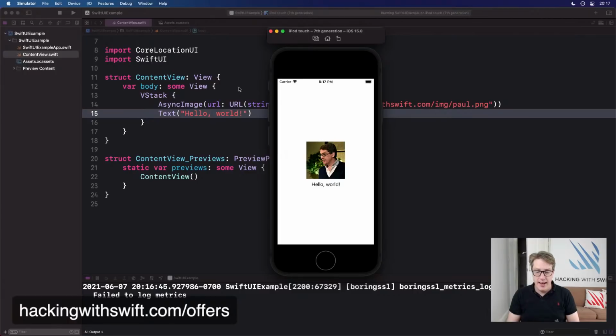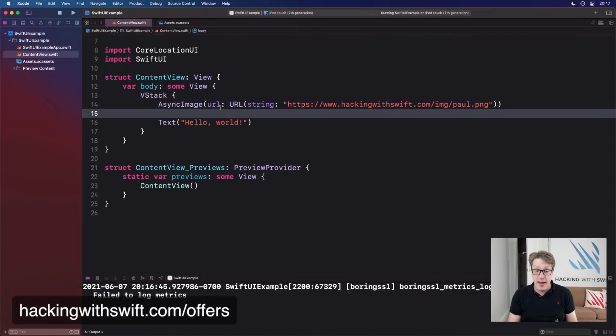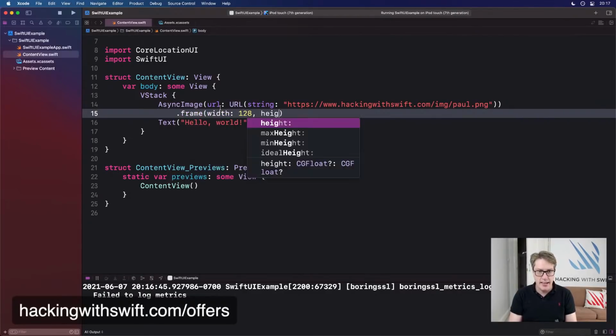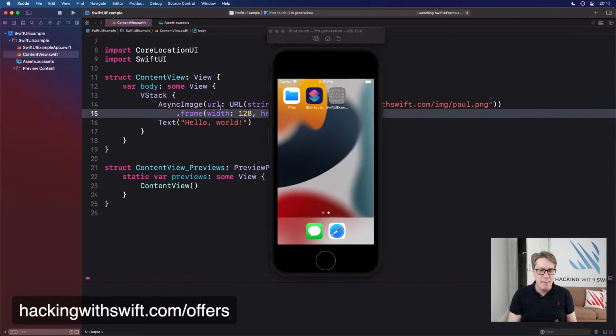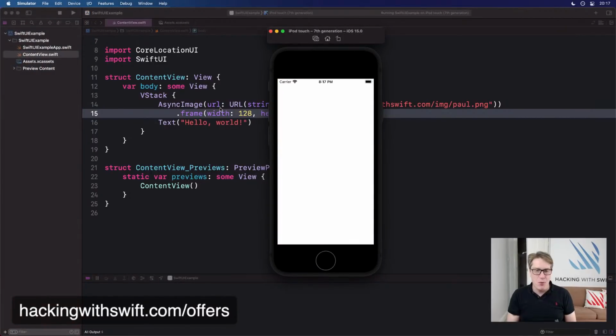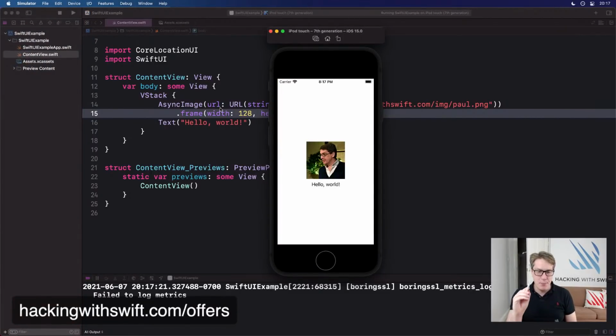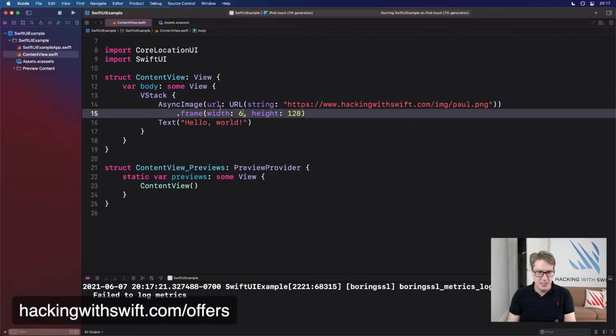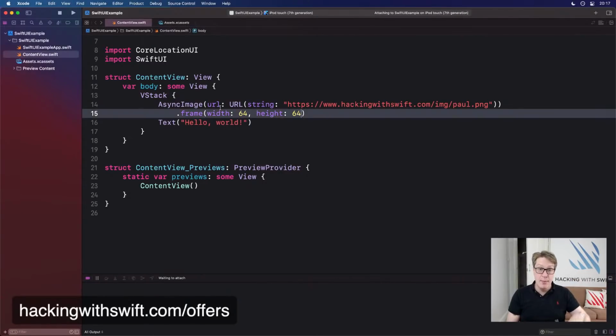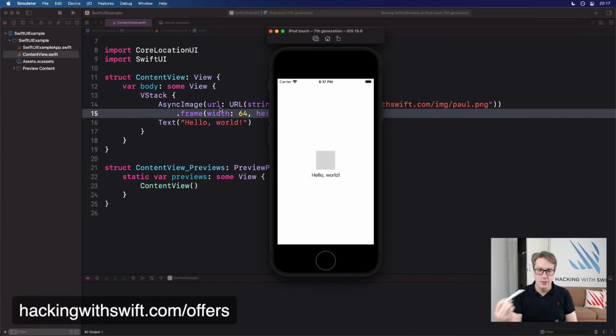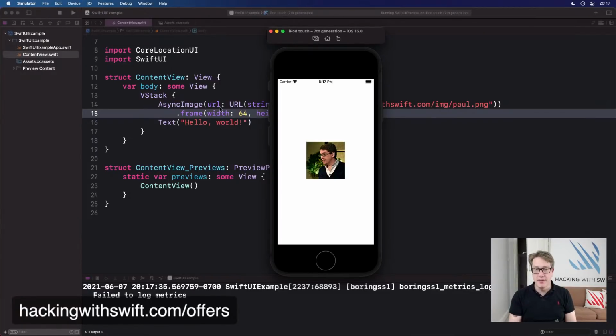Now, you might think, oh, that's all right. That's easy. I will just attach a frame to my AsyncImage. I'll say this thing has a frame width of, I don't know, 128, height 128. And I mean, it kind of works. It might be vaguely what you want, but it's probably not really what you want. You can see it works correctly there because the size is about what I expect it to be. But if I'd forced a size of 64, for example, so let's say the exact size that's smaller than the image is going to be, it'll look fine when it's loading, and jump in too big.